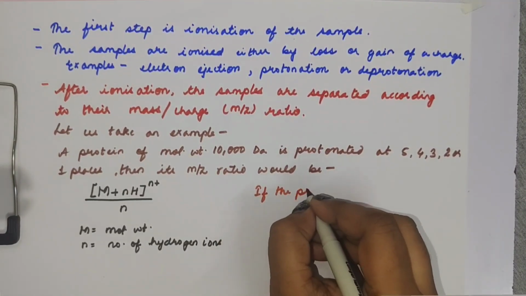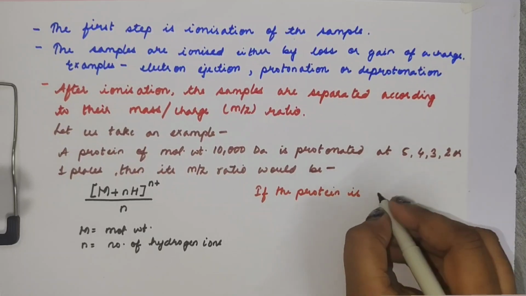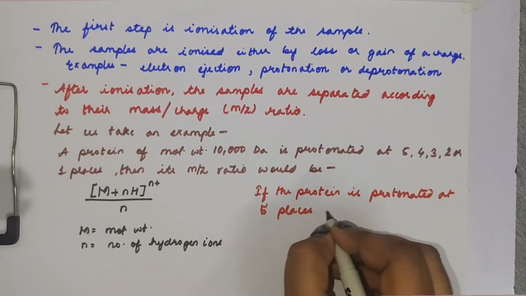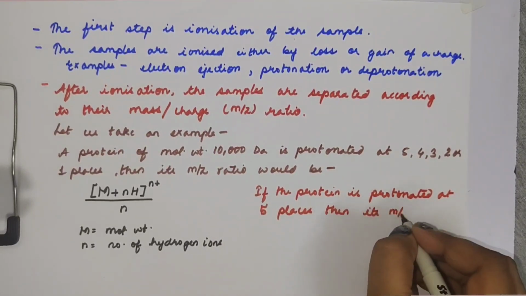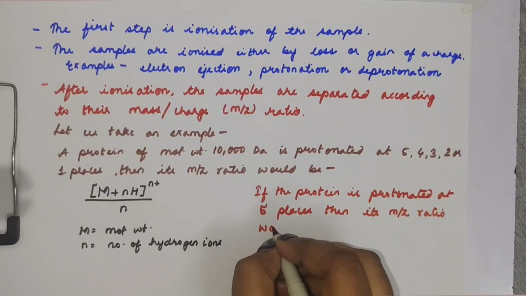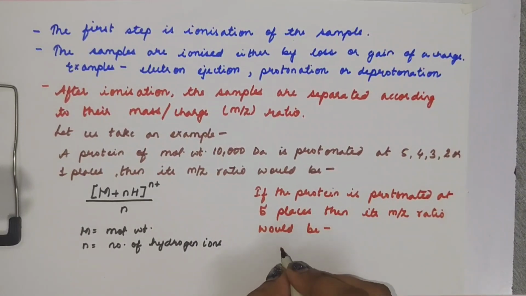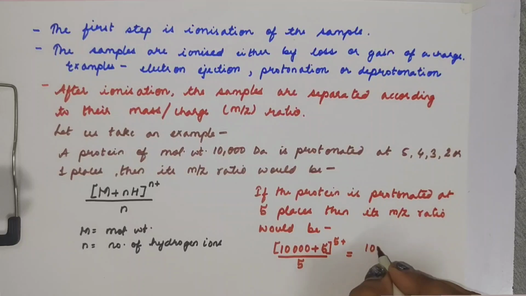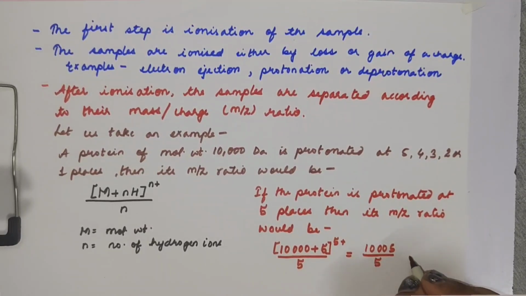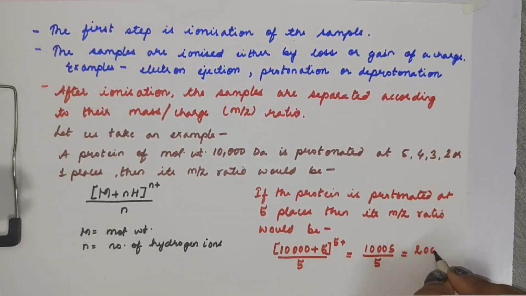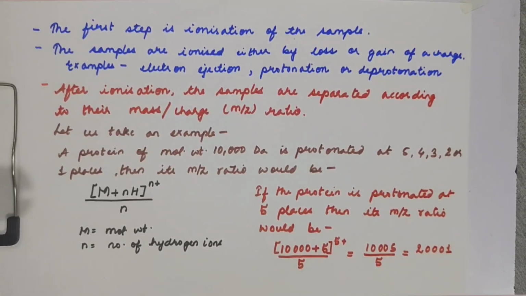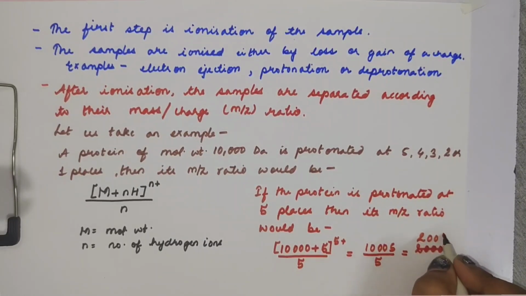Therefore, if the protein has a molecular weight of 10,000 Dalton and it is protonated at 5 sites, then its molecular weight will be the molecular weight of the protein plus 5, as 5 protons are added and each proton has a mass of 1. So the total molecular weight will be 10,005, and as it is protonated, it will have 5 positive charges. Therefore 10,005 will be divided by 5,